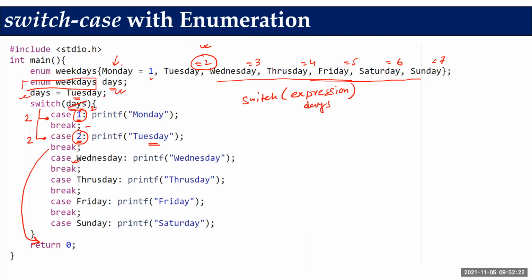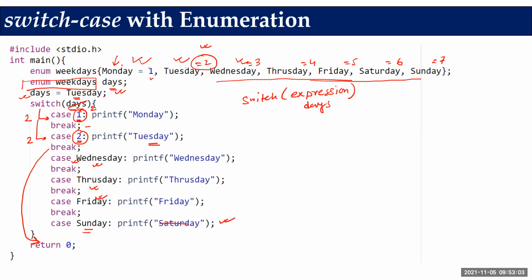As I told you, in this particular program for enumeration, Monday means 1, Tuesday means 2. So now instead of 3, I am writing Wednesday, Wednesday means 3. Instead of 4, I am writing Thursday, Thursday is 4. Instead of 5, I am writing Friday. And okay, I have missed Saturday here. I have just taken Sunday directly. And there is no default case required. Why? Because it is not possible that weekdays can have any values other than this list of values. When there is no chance that you can select a wrong option, then why should we give the default? Now Sunday is the last one, so no break is required, because you are already at the last.